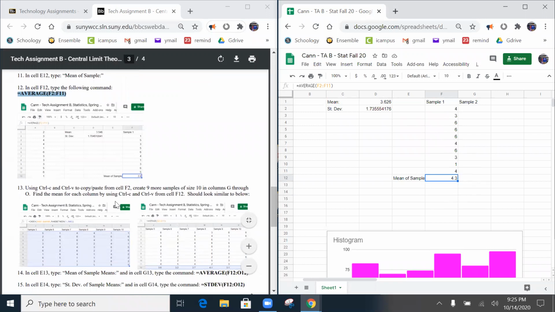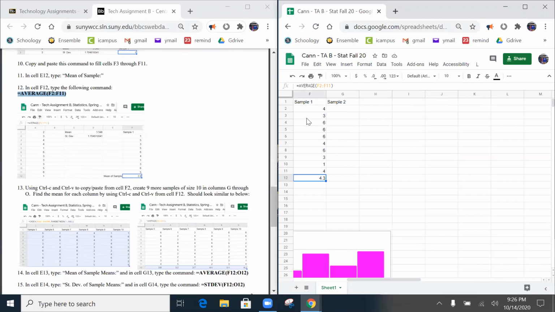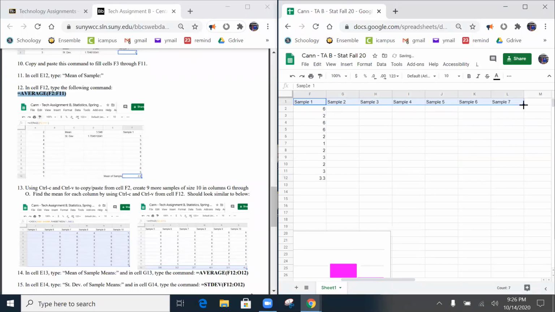So then we do the Control-C, Control-V, copy-paste action. We want 9 more samples of size 10 in columns G through O, and then we find the mean for each of those, right? So fortunately, copy-paste is a thing. Because they're consecutive values in our samples, if you just drag the corners of the boxes,